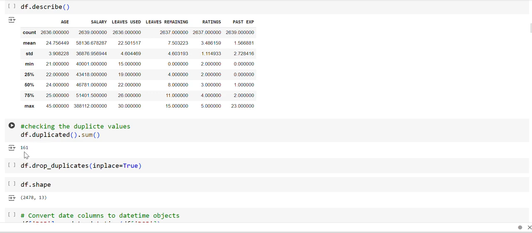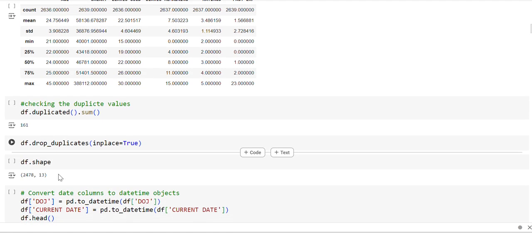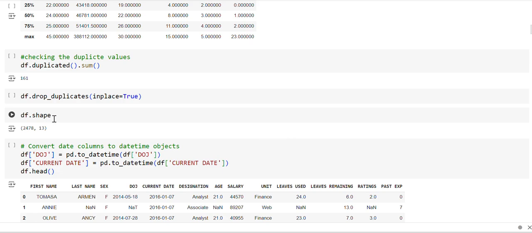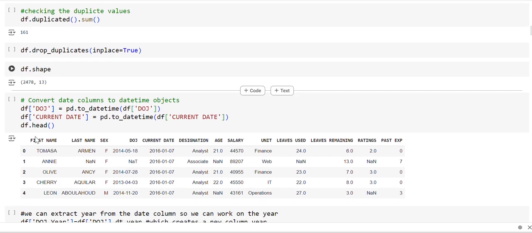So there are 161 duplicate values present. We are using the drop duplicates code to drop the duplicate values. Now again we are checking the shape of the data, that is, after removing the duplicate values we have 2478 rows, others are removed. And now we are going to